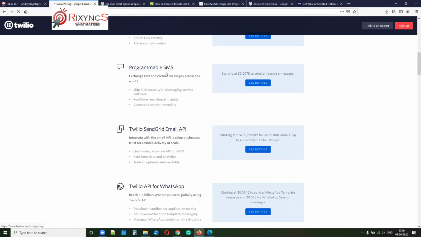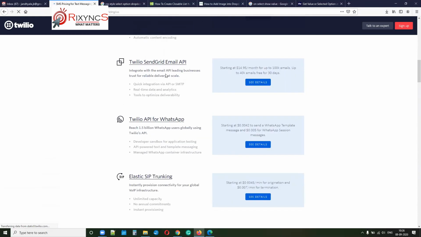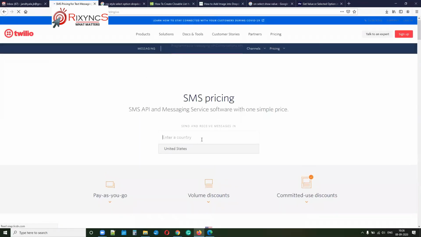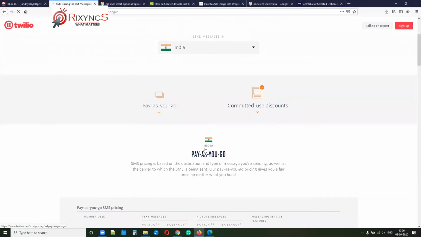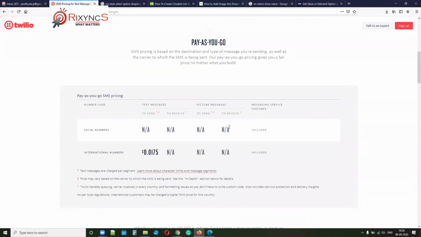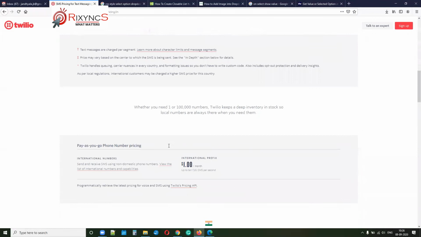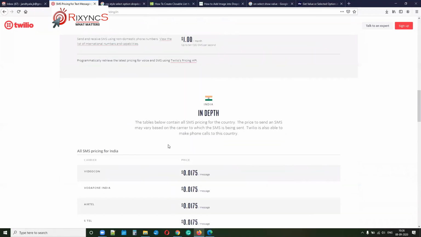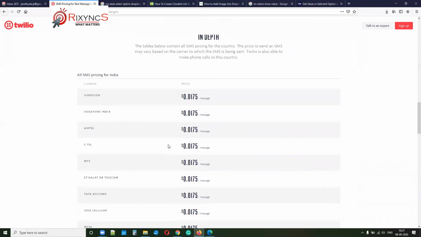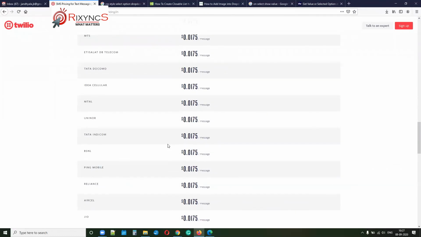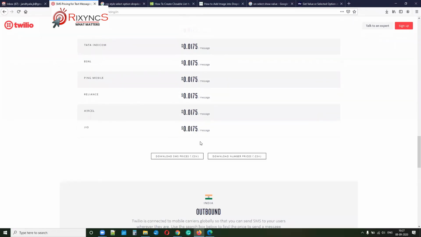Okay, this is what we are going to use. For India, here you can see local numbers at 0.01.